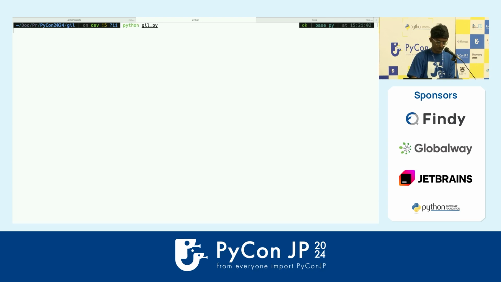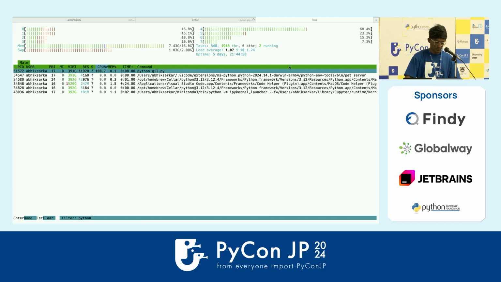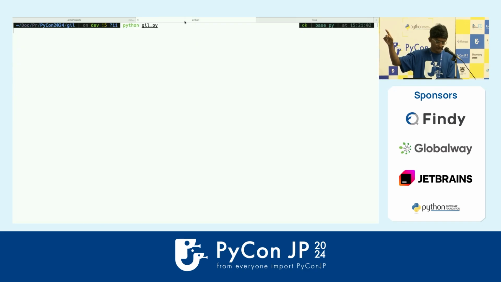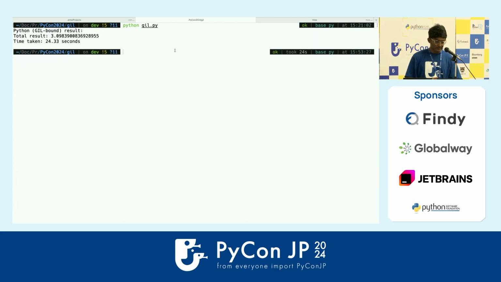So I'm doing some calculations like sine and cos a lot of times, around 1 million times. And you can see this is htop, and I'm basically utilizing just one thread, just one core, not all the cores. You can see there's just one core which is higher, and I'm still waiting. And the result is around 3.098, right? If I use Cython here,